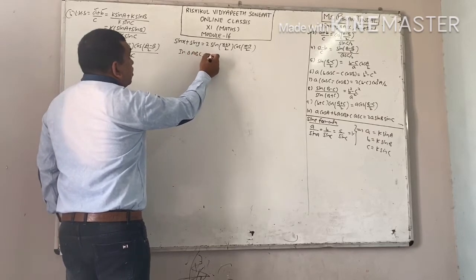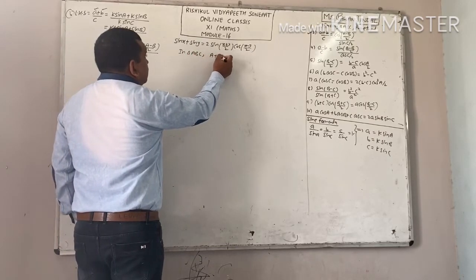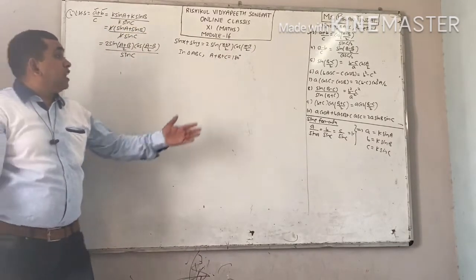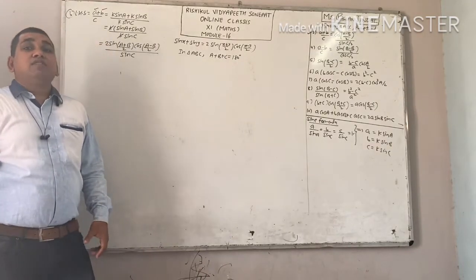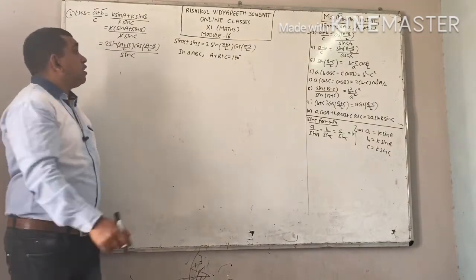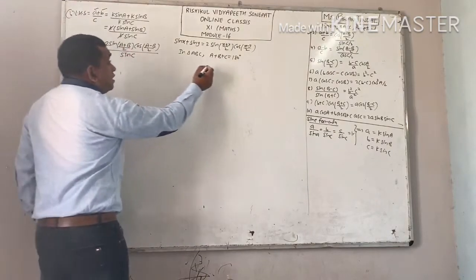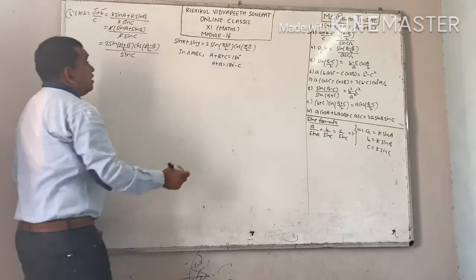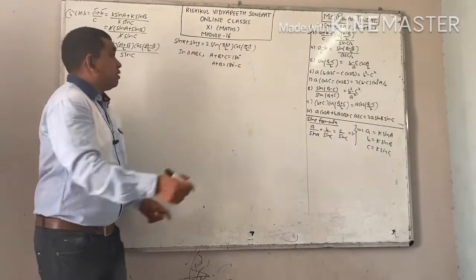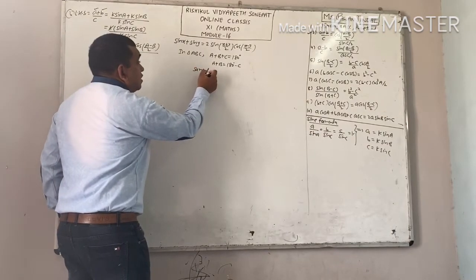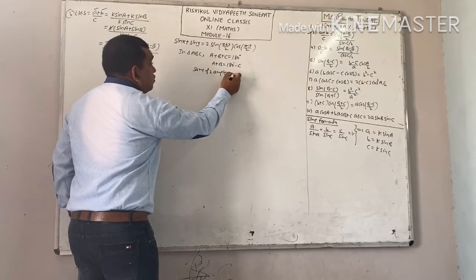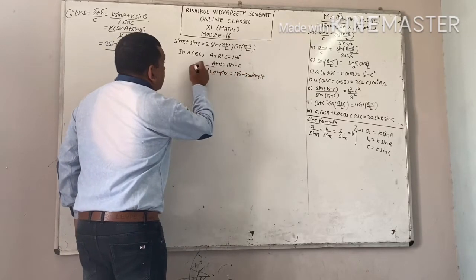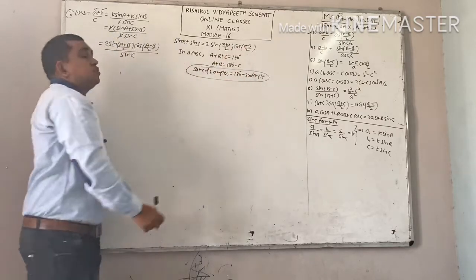Now, since all these questions we have to prove for a triangle, and in triangle ABC, you know very well the sum of all three angles of a triangle is equal to 180 degree. Therefore, in this topic, wherever you get the sum of two angles, you will write that it is equal to 180 minus the third angle. Here I am having a plus b. Therefore, I can write a plus b equal to 180 minus c. You will use this concept everywhere. Sum of two angles equals 180 degree minus the third angle. This concept we are going to apply in these questions.